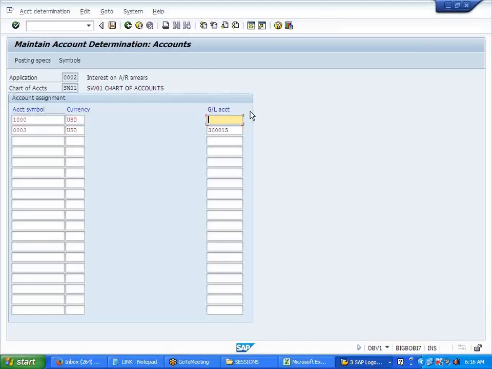What GL? Something like a 1000 expense account. If you post to a customer, what will update? The bank, the asset, the reconciliation account. Okay, reconciliation. Yes, that's right.